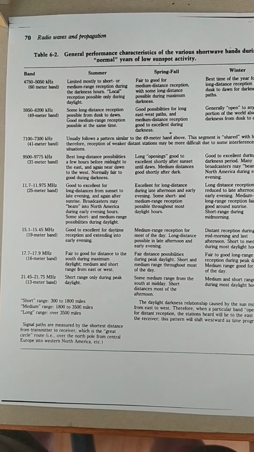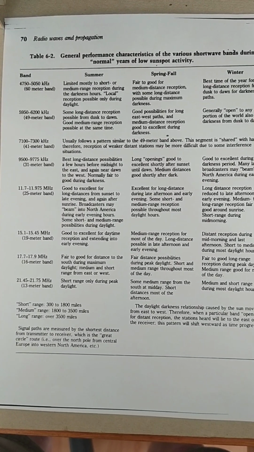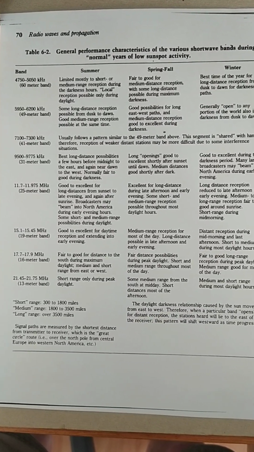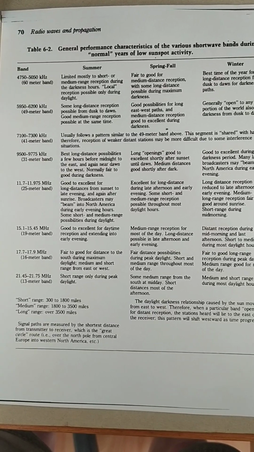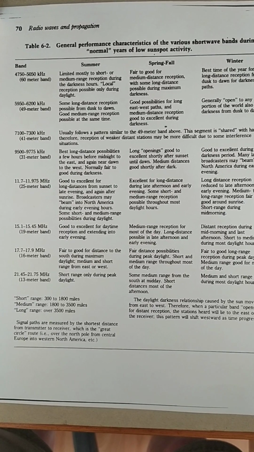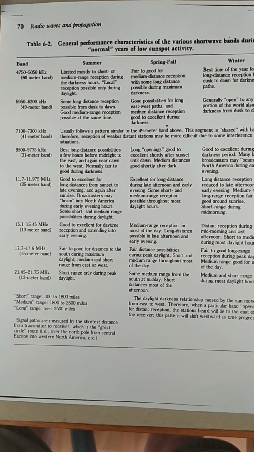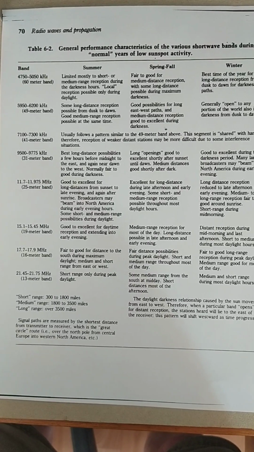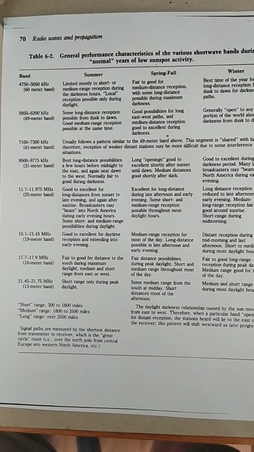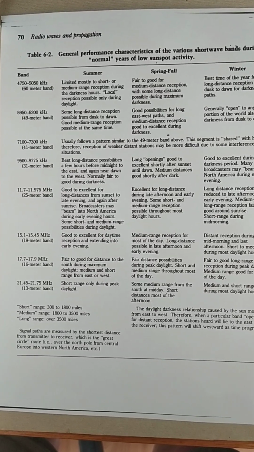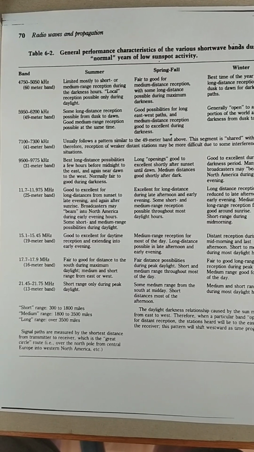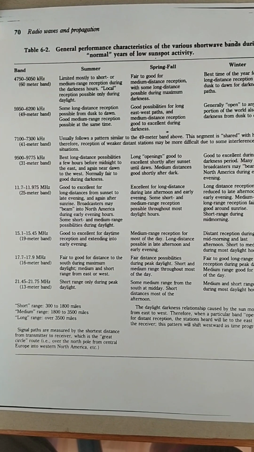This gives you the frequencies that you can listen to during the day, at night time, and in the evening, and it also divides it up into summer, spring and fall, and winter. So not only the time of day, but also the season affects more or less the coverage of the band. So this is a pretty good guide. But a rough guide is normally during the daytime you want to be above 10 megahertz, probably above 11 megahertz, and at night time below 10 megahertz. So 10 megahertz and below nighttime, you get good propagation, good signals coming in, and during the day it's better